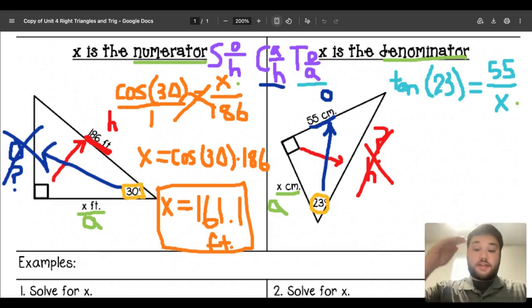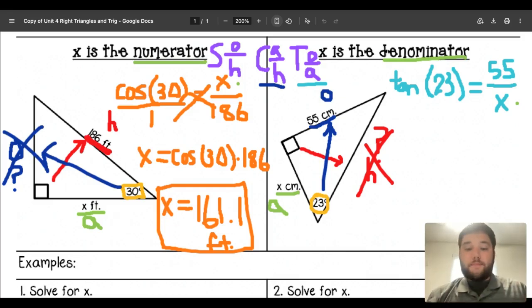So notice how when x is in the top, in the numerator, you cross multiply, and what happens is you end up multiplying your trig function with your number times another number. Now look what happens in the second part over here when I have x on the denominator. I can do the same exact strategy of putting this over 1 and cross multiplying, but look what happens, a little bit different. I get 1 times 55, which is 55,